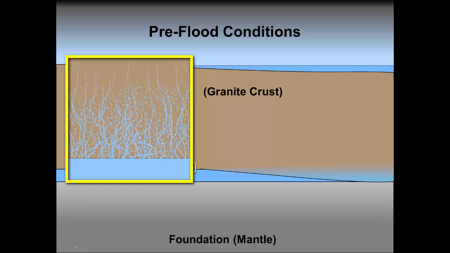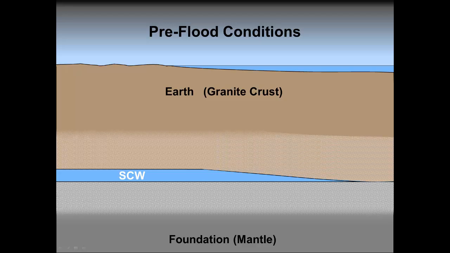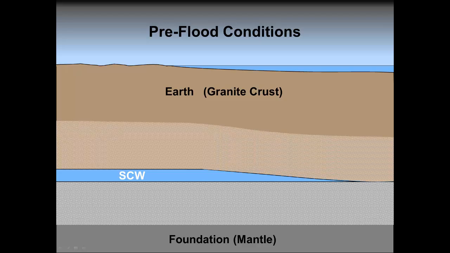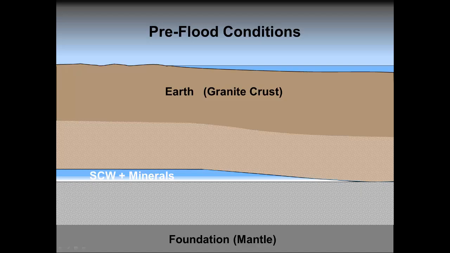For centuries, supercritical water dissolved the more soluble minerals in the granite and mantle, creating porous openings in the rock above and below the subterranean chamber. Once elements like sodium, calcium, carbon, chlorine, oxygen, and magnesium were released by the supercritical water from the solid structure of the rock and into dissolution, they were free to combine, forming new molecules like limestone, dolomite, and salt. These minerals eventually precipitated out and heavily blanketed the chamber floors of the Great Deep.